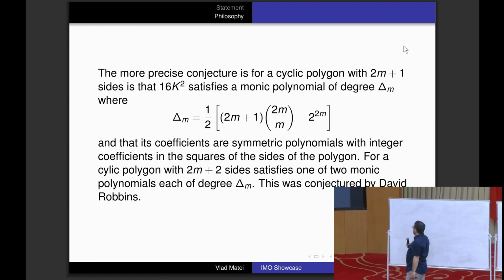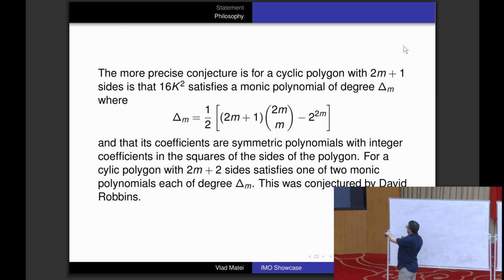So there was a more precise conjecture about this, namely that the area squared must satisfy a monic polynomial which has this precise degree, okay? It's something combinatorial, this degree. It's pretty large, as you can see. And the coefficients are symmetric polynomials with integer coefficients in the squares of the sides of the polygon, okay? So this is the more precise way to state what the relation should be between these guys, the side length